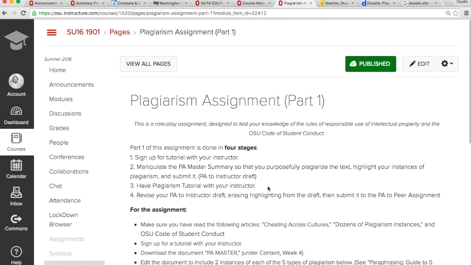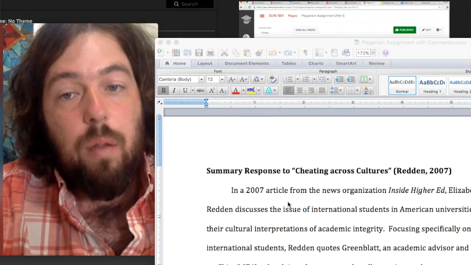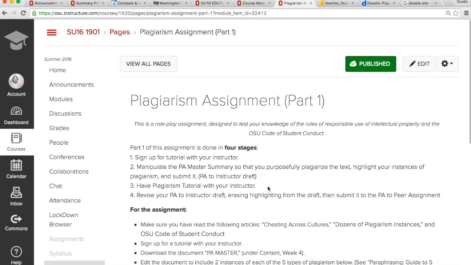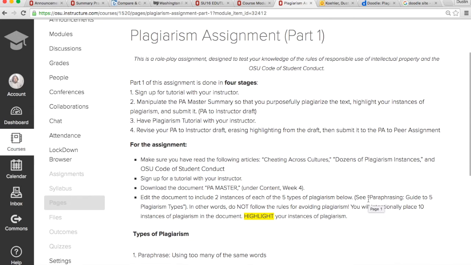After you do that, we will have a tutorial where we look at those examples of plagiarism and discuss, for example, why they are examples of plagiarism and why it's important to avoid those kinds of things. And then you'll revise your draft, erasing the highlighted areas from that draft. Okay, and then submit it to the PA peer assignment so that there will be another peer review type of